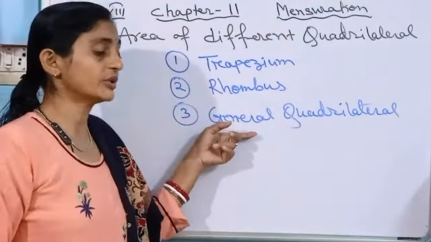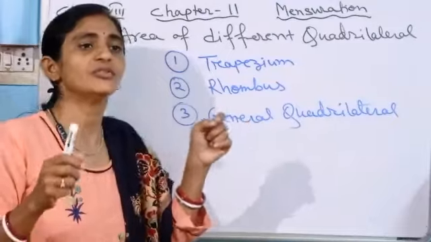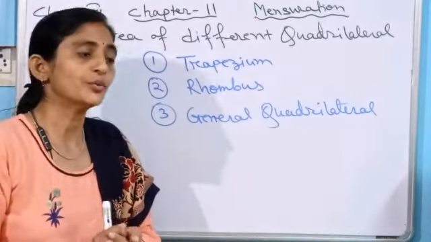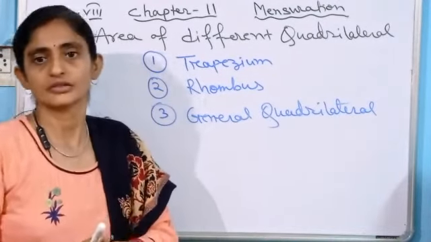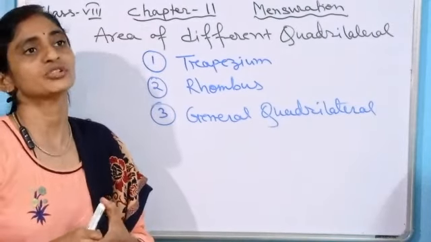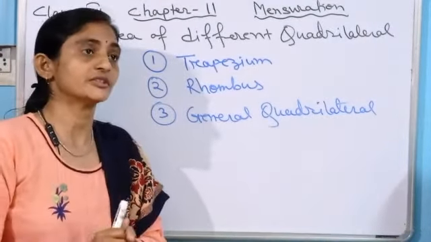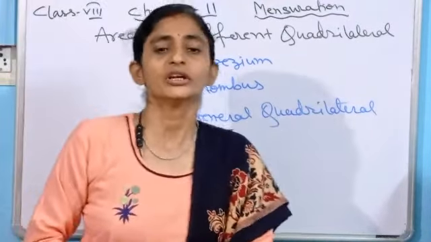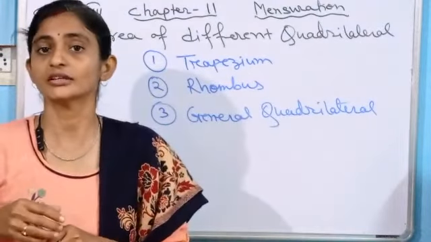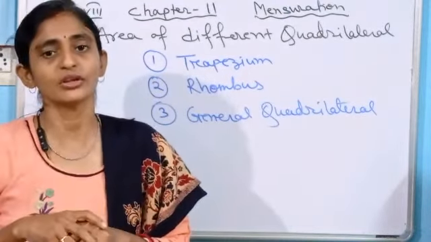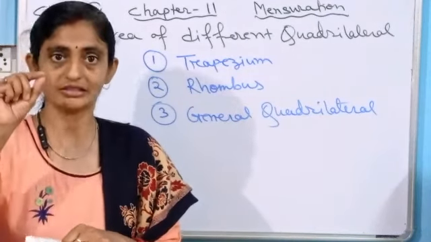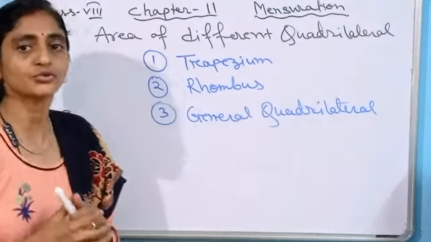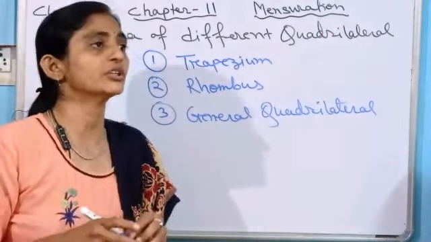And another one is the general quadrilateral, that means any uneven quadrilateral which doesn't have fixed or equal lengths or like that. So when we discuss these things, we have to go for some general tricks. The trick is, for any quadrilateral, we can divide it by putting in the diagonals. When we draw the diagonals on this quadrilateral, what we are actually doing is dividing it into triangles, and this method is called triangulation. Okay, so let's come to some examples of how we can find the area by this.